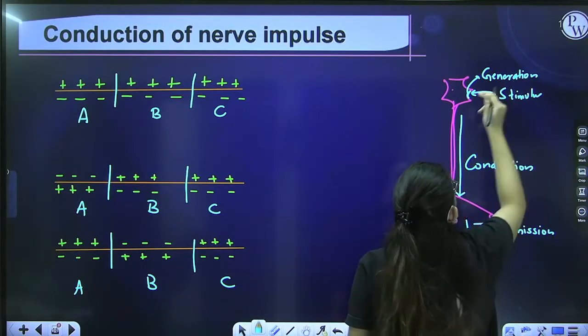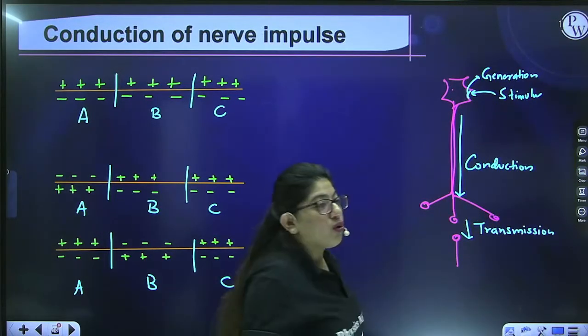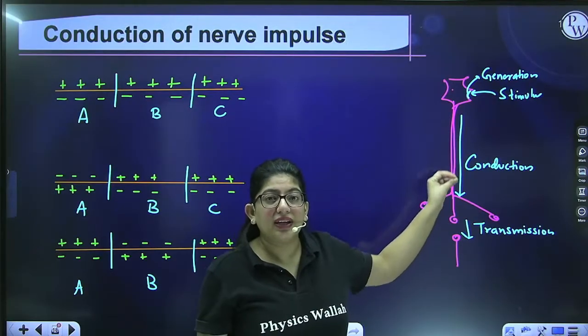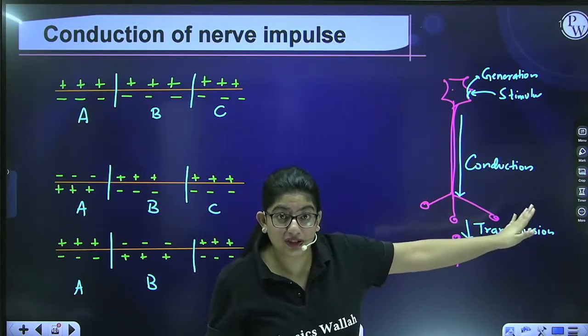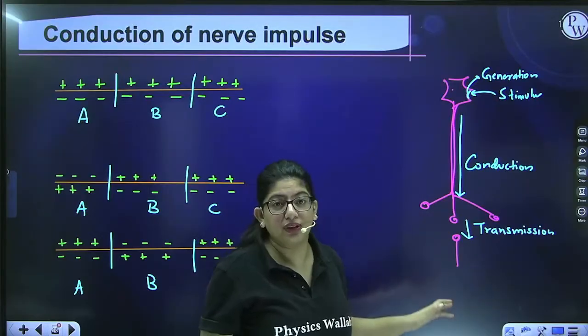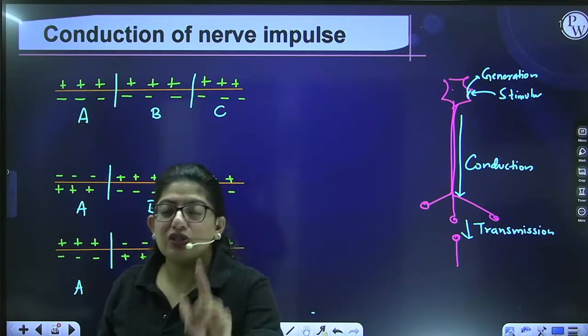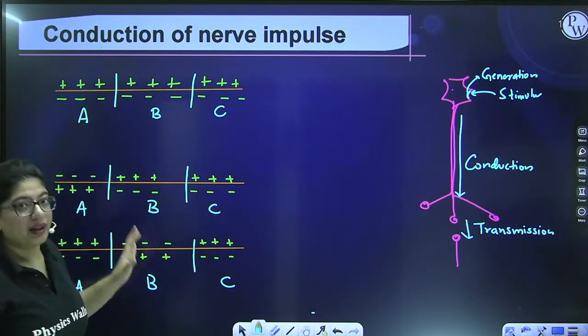After generation, how that depolarization wave moves towards the exolemma of the entire neuronal membrane, that is conduction, and how from one neuron it goes to another, that is transmission. So now we are going to talk about the conduction. Now for example,